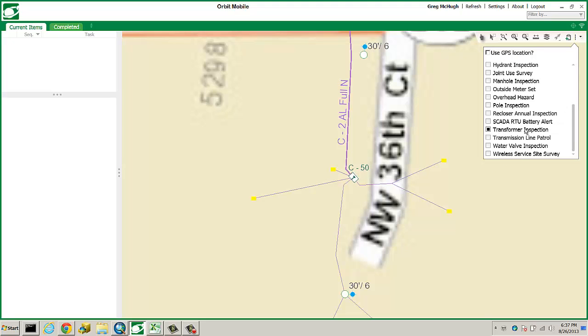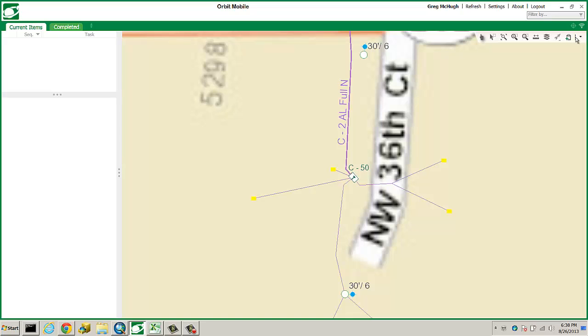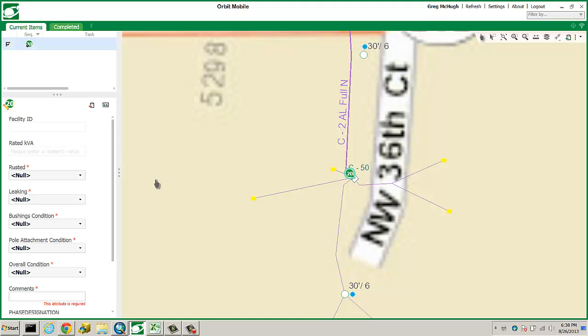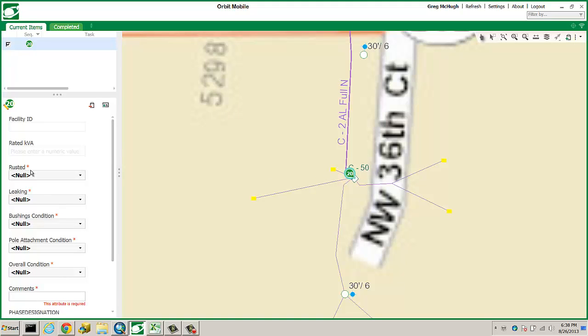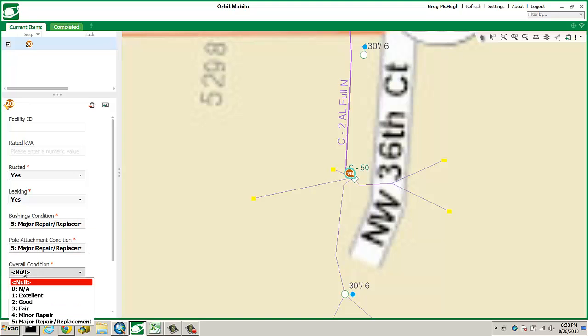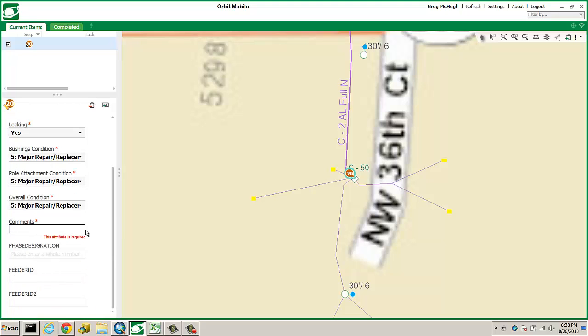So I've got transformer inspections selected from my pull down list here, and then I simply grab my ad hoc inspection tool and click on that location, and it's going to go ahead and create a task for me that I can then just right away go ahead and perform. So it's rusted, it's leaking, the bushings are in bad shape, the pole attachment's in bad shape, and this transformer basically needs repair. We can add some